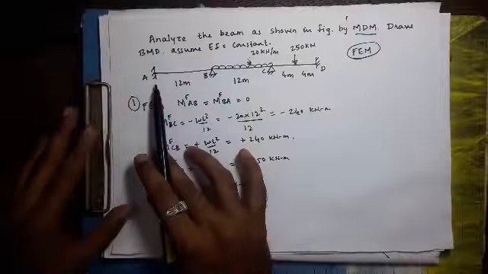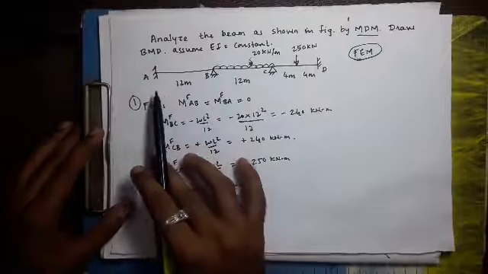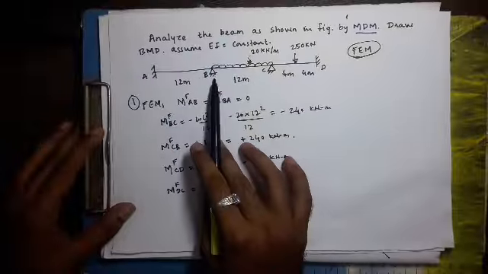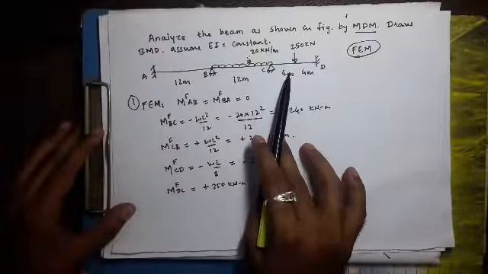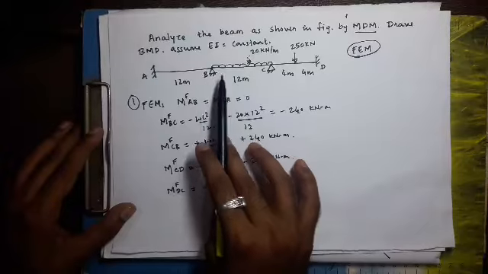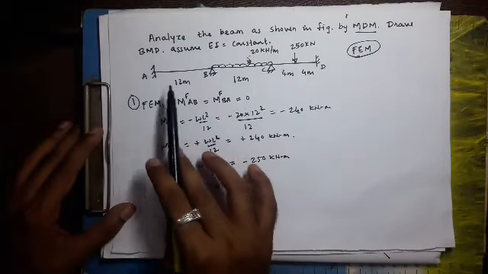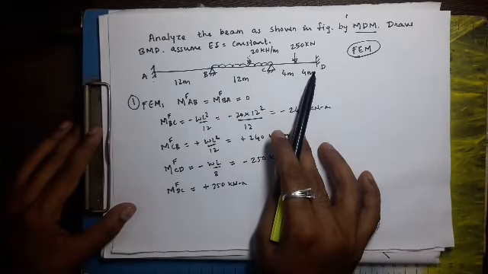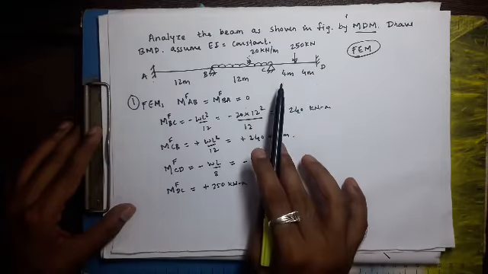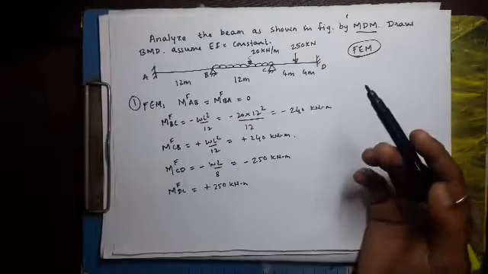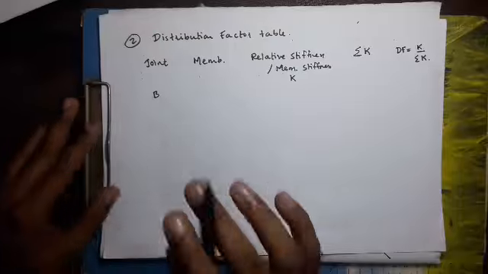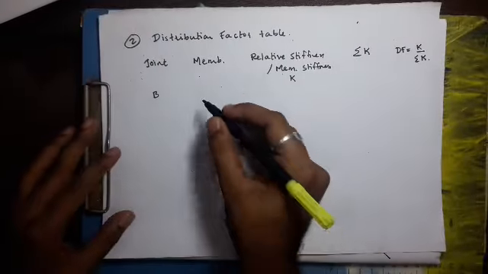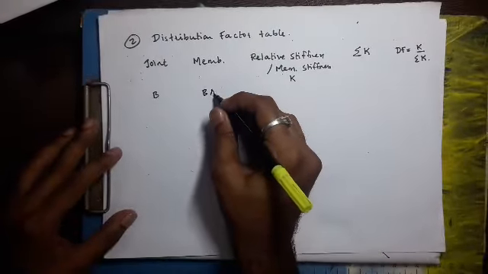You see, A has got only one member, we don't have to take it in the joint. B has got two members, similarly joint C has got two members, so we have to take joint B and joint C, we don't have to take A and D. The joint which has got two members or more than two members we have to take. Okay, so first I will take joint B. Joint B has got two members. Name the members, BA and